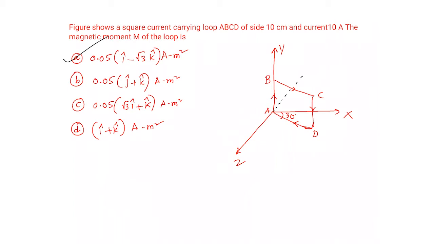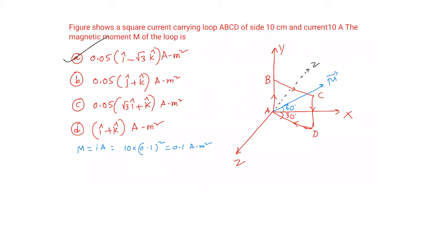Say extend, this is the z-axis. Now the magnetic moment will be like this. It should be perpendicular to this. This is 30, this should be 60. Now you can resolve that magnetic moment into two components. First, to find the magnitude of the magnetic moment, I into A. What is I? 10 ampere. What is A? Side is 10 centimeter, 0.1 whole square. That equals 0.1 ampere meter square. That is the magnitude.